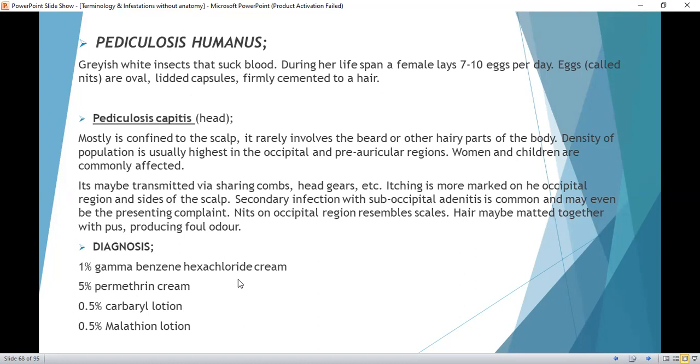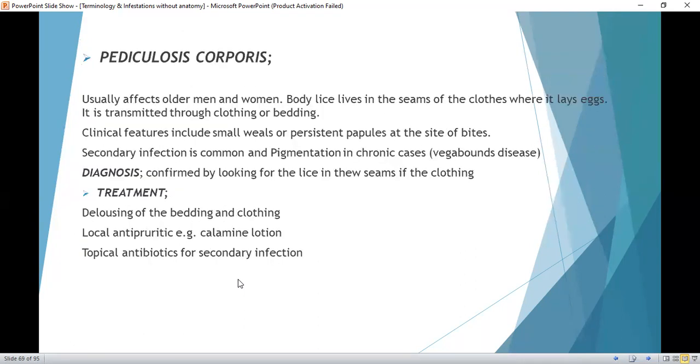Nits on the occipital region resemble scales. Hair may be matted together with pus, producing a foul odor. For the treatment: gamma benzene hexachloride, permethrin again is the drug of choice, malathion, carbaryl lotions. Pediculosis corporis usually affects older men and women, normally occurs in persons